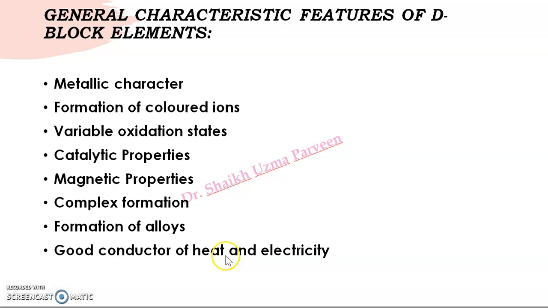D block elements also form some compounds of vital industrial importance like potassium dichromate and potassium permanganate. And also these transition metal elements form alloys with each other. This is because they have almost similar size and the atoms of one metal can easily take up position in the crystal lattice of the other. Hence, they form